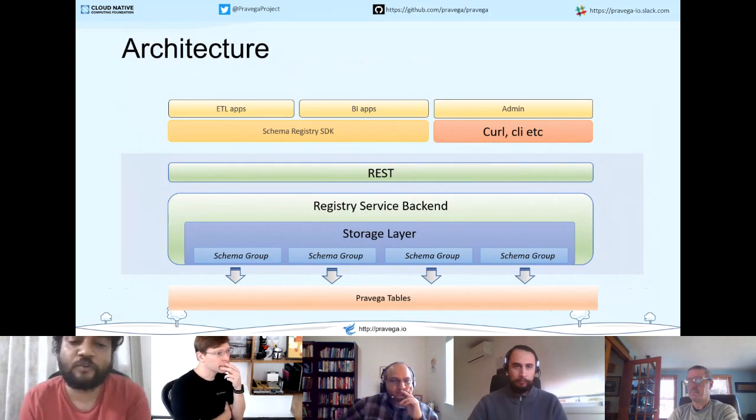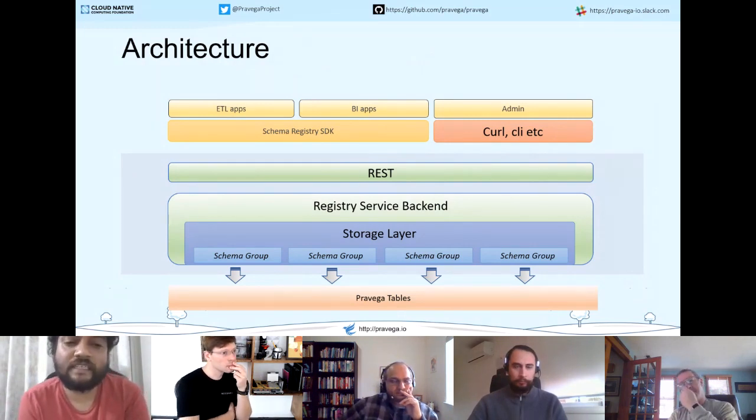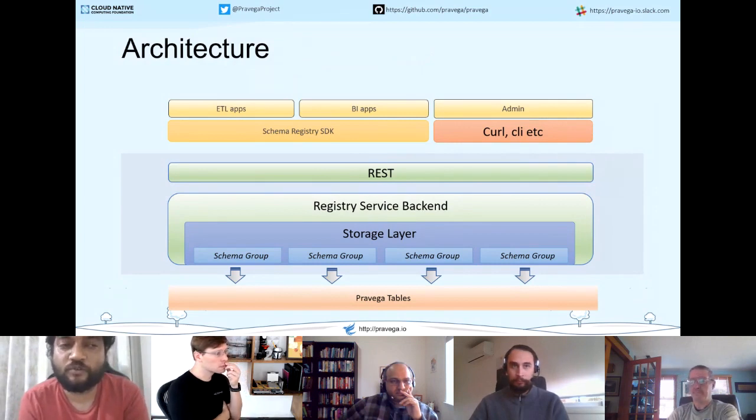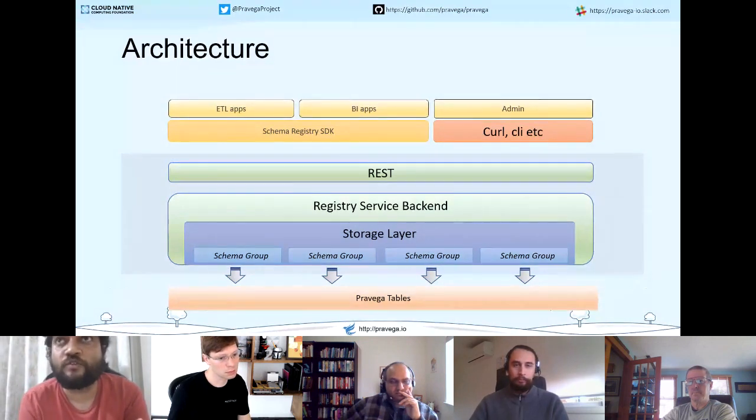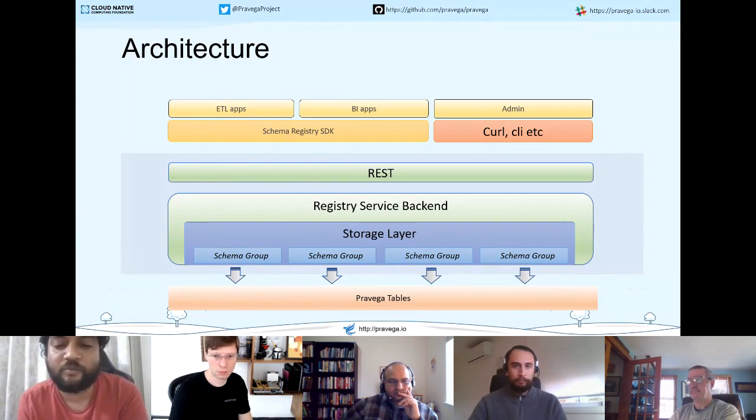And we provide a client SDK that Pravega applications can actually make use of. This schema registry client SDK, along with the schema registry serializers SDK, abstracts away all the interaction that you have to do with schema registry, and you write your Pravega application the way you write it right now. I'm assuming people are familiar with that, or at least I'll take that leap of faith to assume that everyone is familiar with how to write Pravega applications with Pravega writer instantiation and Pravega reader instantiation.